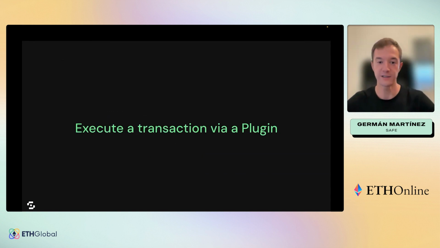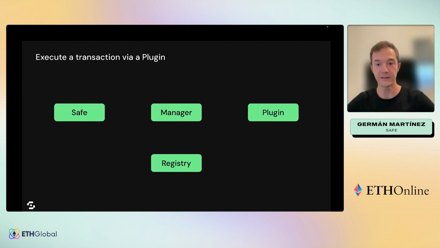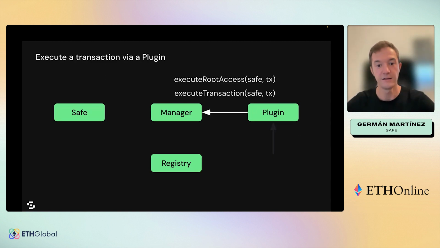Finally, how are transactions executed via a plugin? Now here the flow starts on the plugin side by calling a function in the plugin, let's say exec. Now the plugin will send this transaction to the manager. Depending on the kind of permission this plugin has, one of these two functions can be executed, execute root access or execute transaction, where we can pass the Safe, where this transaction is going to be executed, and the transaction